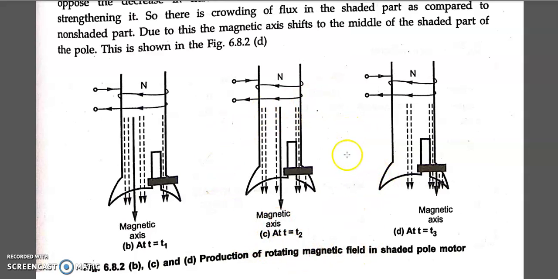Okay, so this creates a rotational magnetic field in the stator part. This is how, and again due to the rotational magnetic field, what happens? This interacts with your rotor, and due to interaction with the rotor, EMF gets induced in the rotor, and due to EMF induced in the rotor, there flows a short circuit current in the squirrel cage rotor, and due to the short circuit current, they produce the rotor flux, and this rotor flux and main flux interact to produce rotation